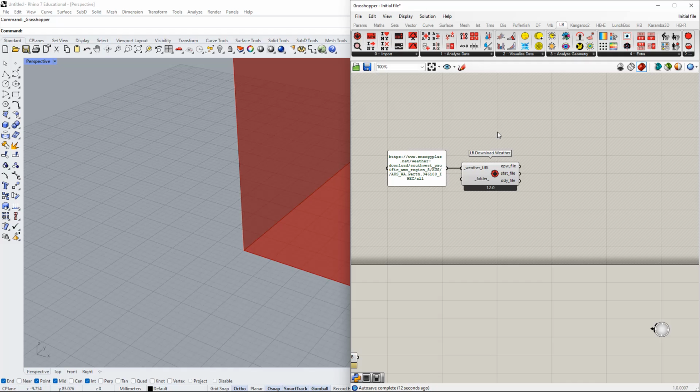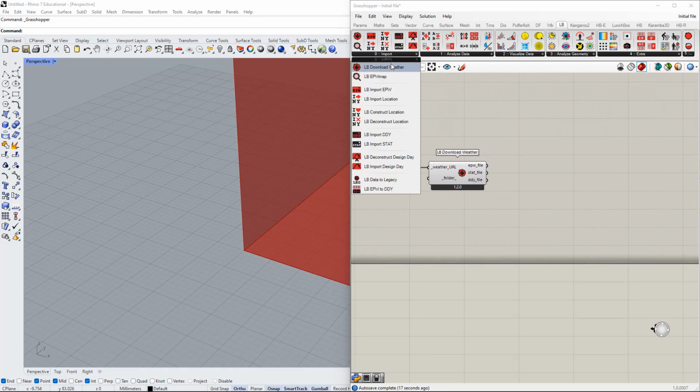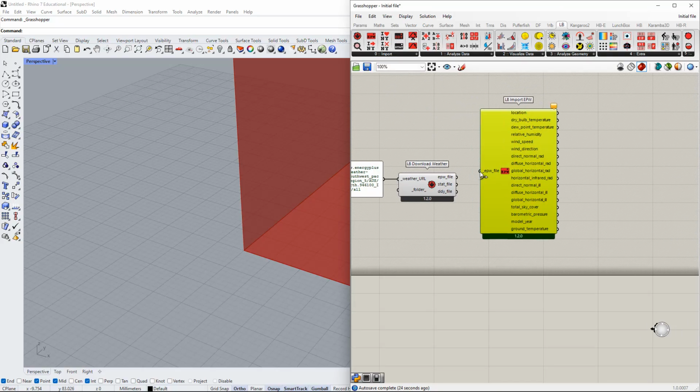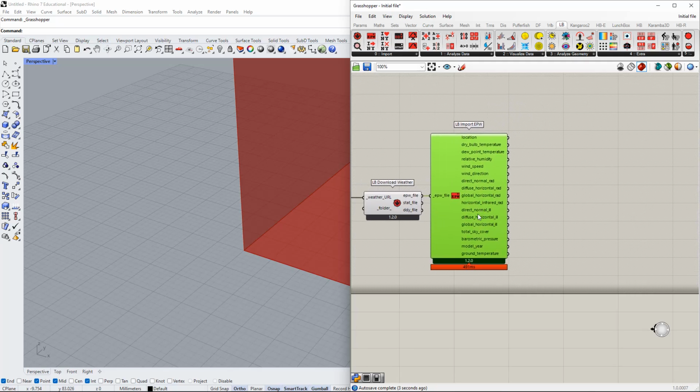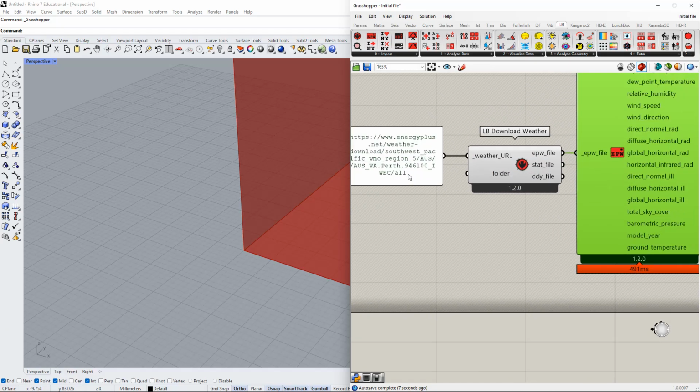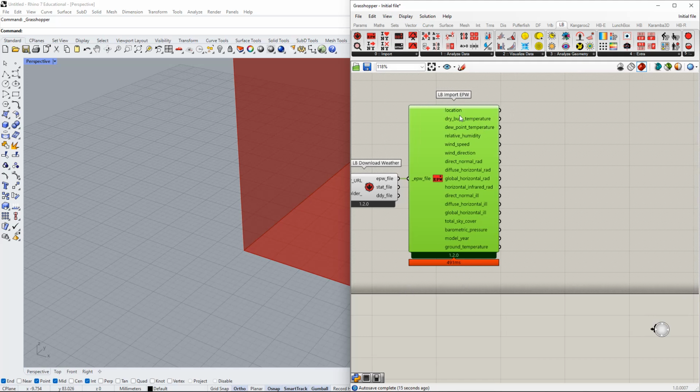And now, next step is gonna be to take all the information from that APW file. For that, you go to the next component in the list of import, that is LB import APW. And then you just match the names, APW file to APW file. And with that, you have all the information from that location that you got in the web page, into your Grasshopper. You can see it's a lot of information like location, dry bulb temperature, dew point temperature, and actually